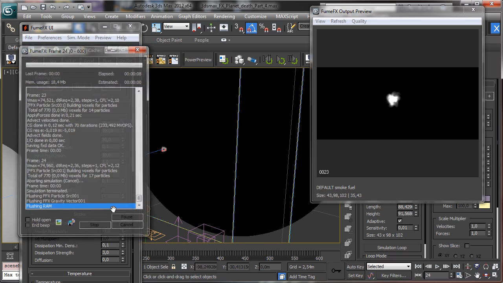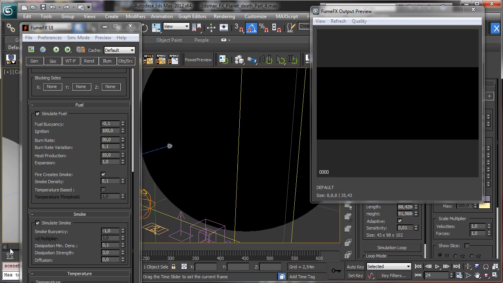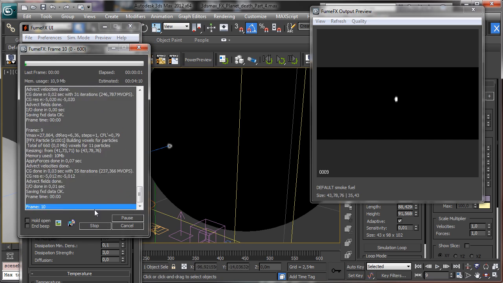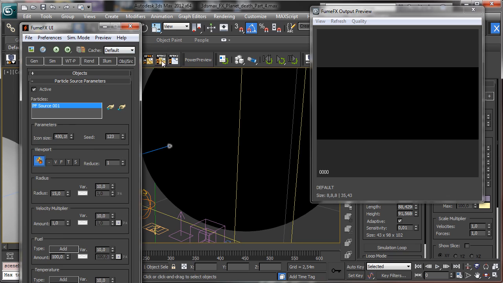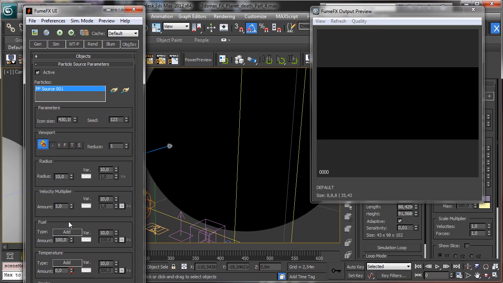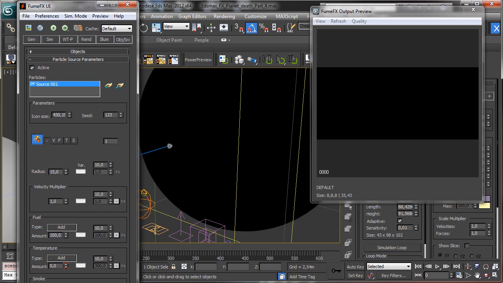We need to tune. Let's try to save it. And we can not use this one, and we can also animate the parameters for smoke there. I have to scale there because there is no space, so you have to set the smoke to 0 at the beginning, then you have to go to frame 100